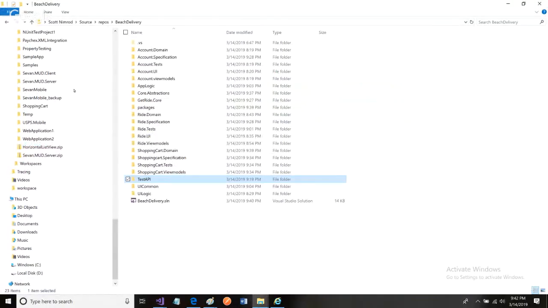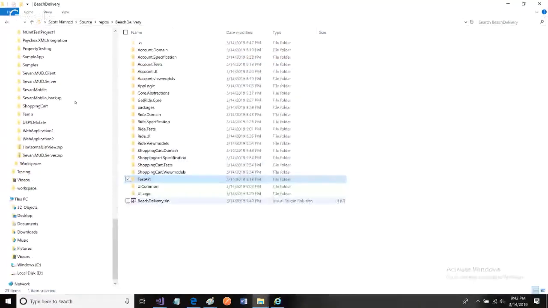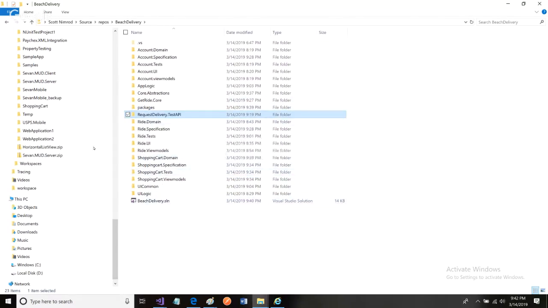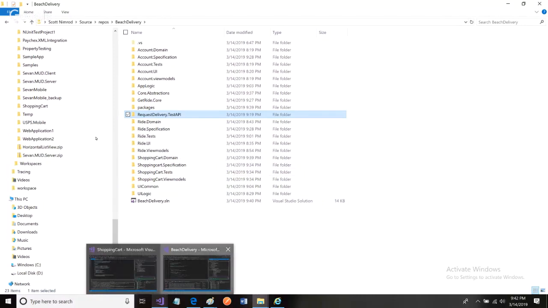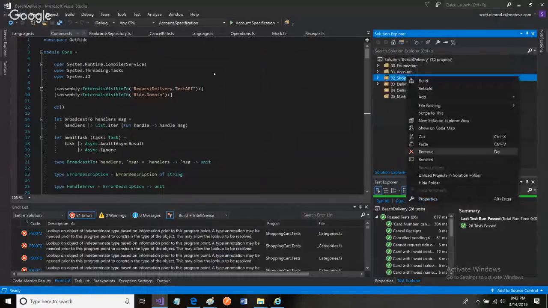And that is going to be different from the test API that we have already in here. So this test API for beach delivery is our request delivery dot test API. And speech delivery, if I unload everything in this shopping cart,